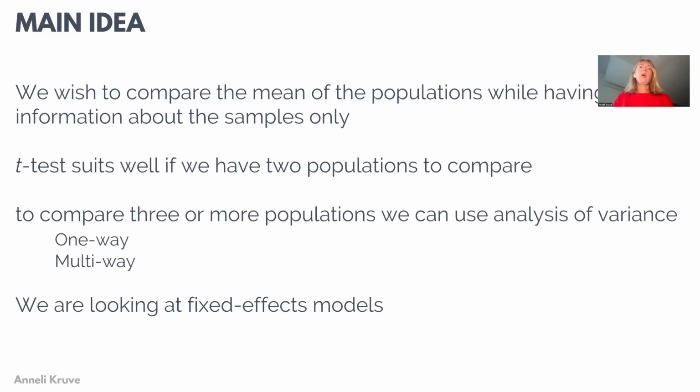Okay, so what can we do against the errors arising from multiple comparisons? We do still often want to compare multiple different samples arising from different distributions, for example different extraction processes with each other. And the t-test, due to the error in multiple comparisons, does not really suit this if there are more than two samples involved. Therefore, to compare more than two, so 3, 4, 5 samples with each other, we need to look into one-way or multi-way analysis